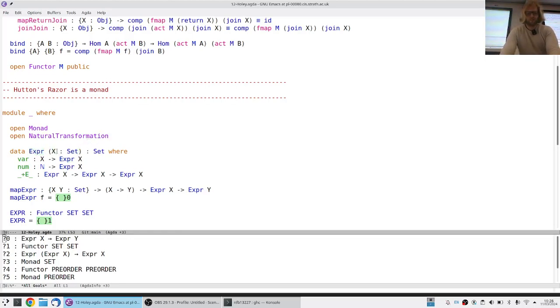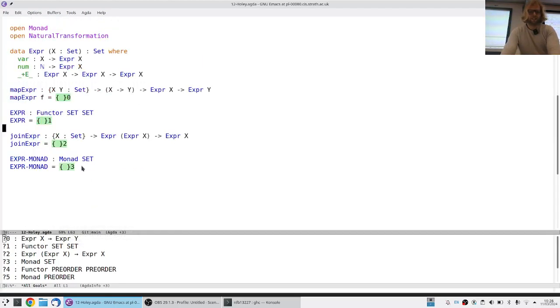So that's where it's coming from. But okay, so let's see if this type of expressions can be made into a monad. So the first thing we have to do then is make it into a functor, right? And then we need to define a join for this functor and a return, and then that will hopefully get